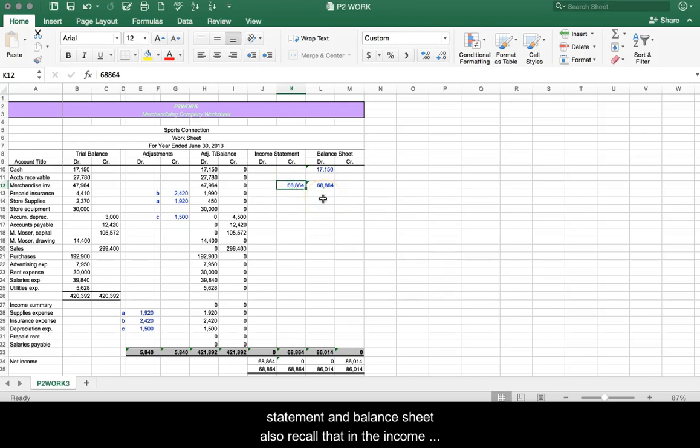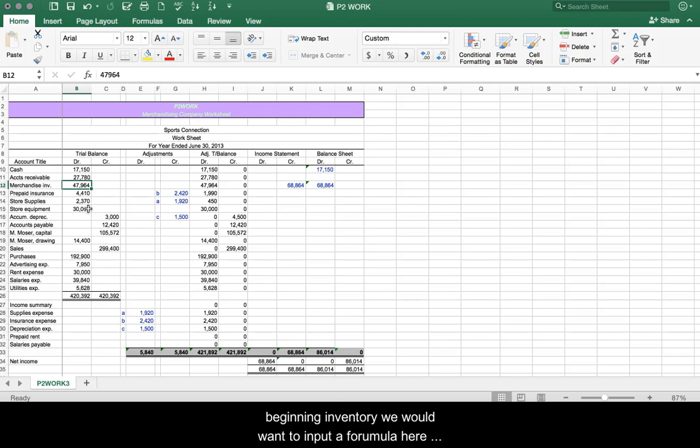Also recall that in the income statement, beginning inventory plus purchases, which is right here, less ending inventory equals cost of goods sold. So we would want both beginning inventory and ending inventory to show up in our worksheet under the income statement column. So since this